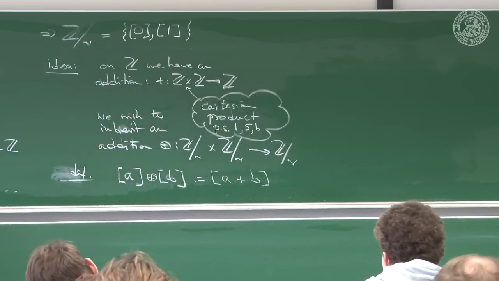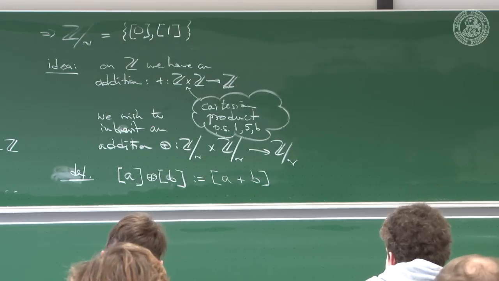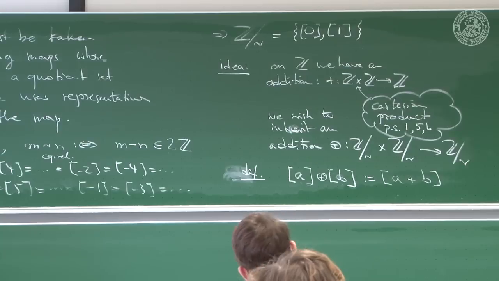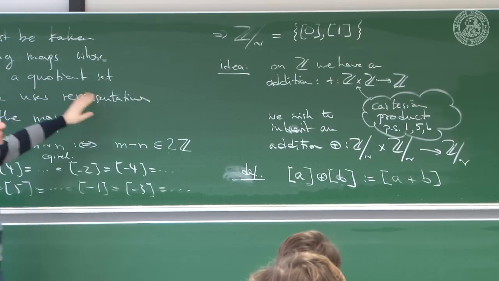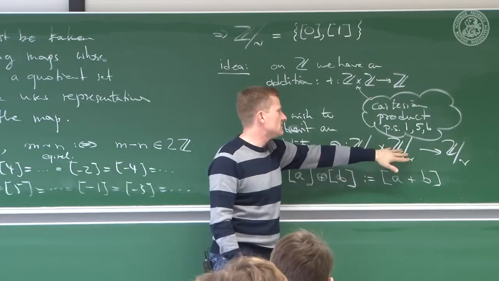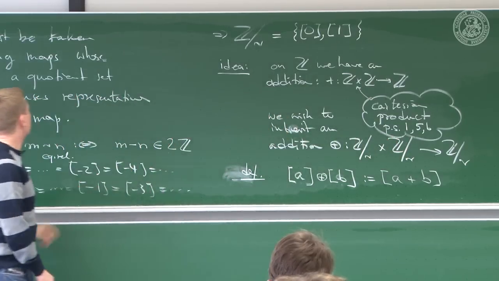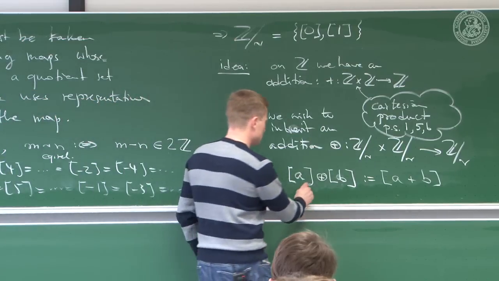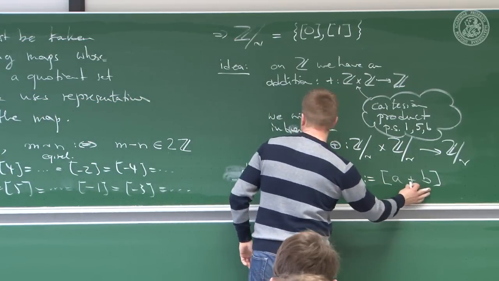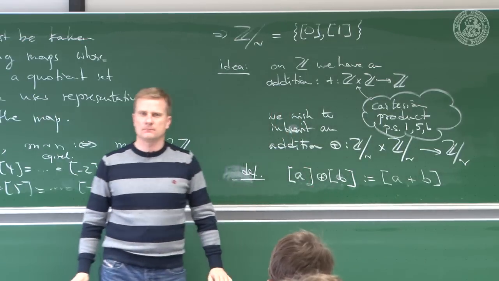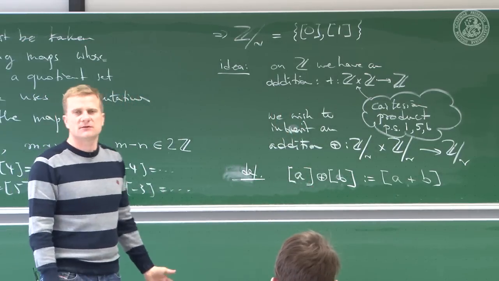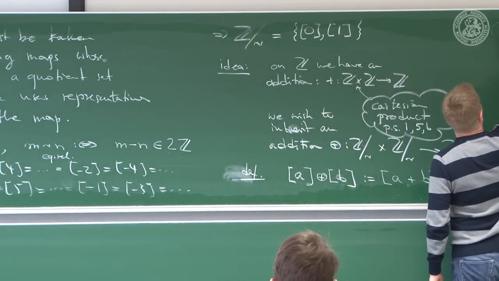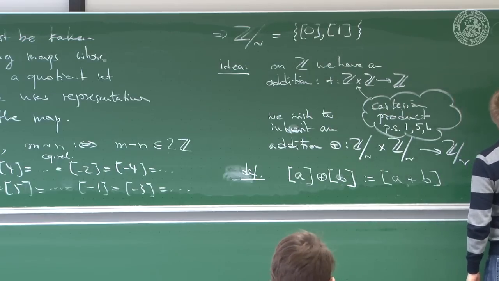But this certainly satisfies the conditions of our assumptions of our remark, that we actually define a map whose domain is a quotient set. Well, here it's even the Cartesian product of twice the same quotient set, and one uses the representatives to define the map. Now you say, this is my definition and that's it. Well, there is an issue with that, and care needs to be taken